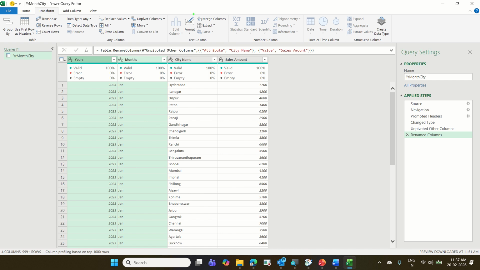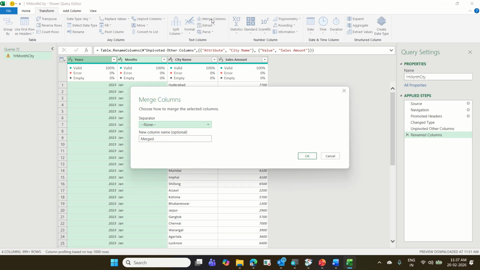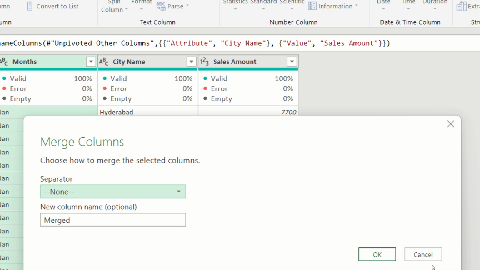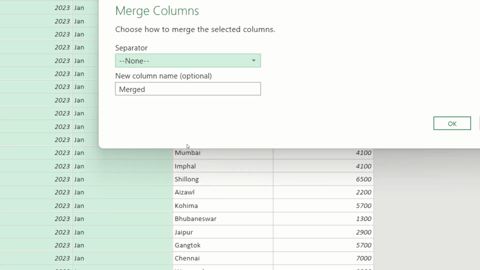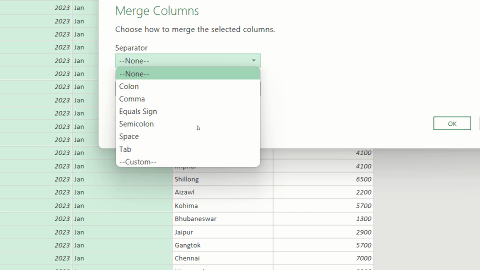merge columns. Go to transform and there is an option called merge columns. Click on merge columns and it asks what is the separator between the columns. What is the separator? In our date we have hyphen, slash, based on your data format. I don't know what your data format is. My data format is hyphen, like 20-02. So let us set the separator as, I don't have a hyphen option, so what can I do now? Custom,